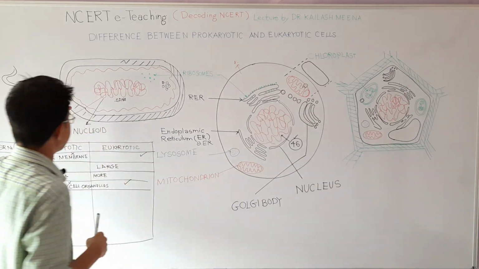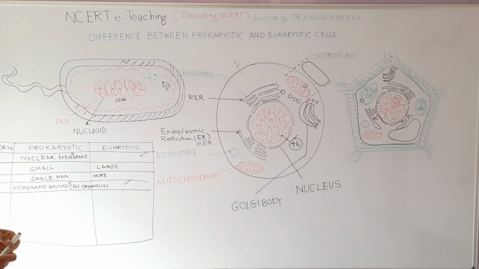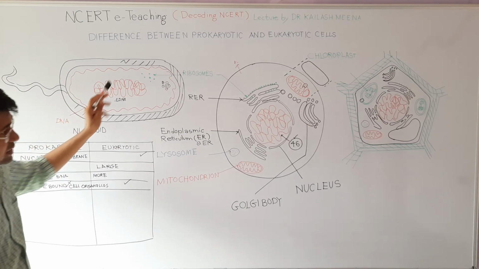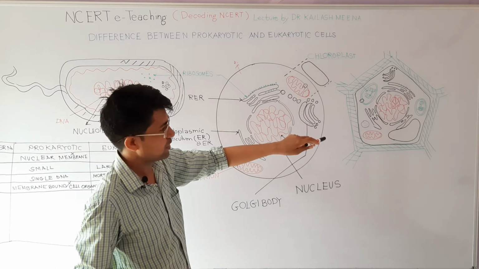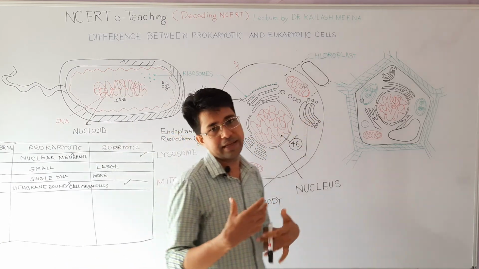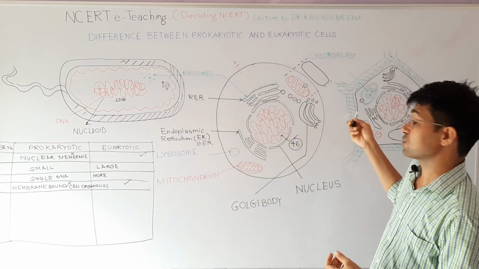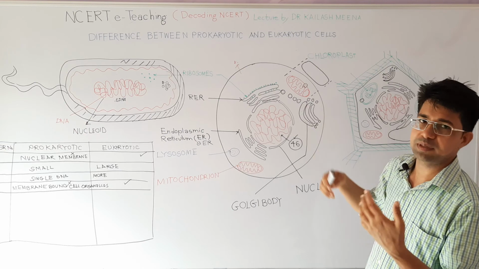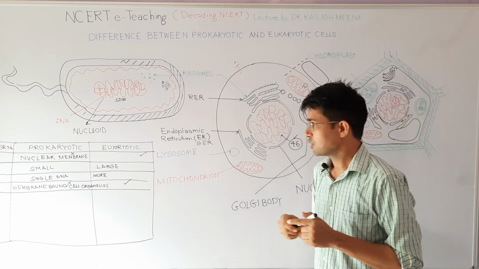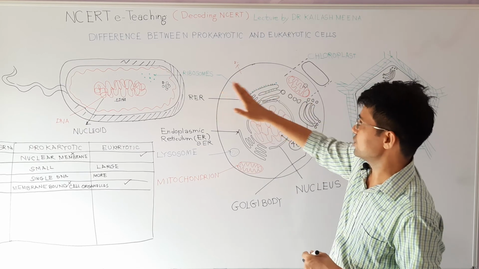Then what else are we noticing? You can add as many points as you can. You can add cell wall also: cell wall is present in prokaryotic cells, and absent in some eukaryotic cells. And you can talk about the type of cell wall also if you are in higher classes: prokaryotic cells have cell walls, some eukaryotic cells also have cell walls, but the type is different. But this we will learn in higher classes. So this is my general introduction of prokaryotic cells and eukaryotic cells.